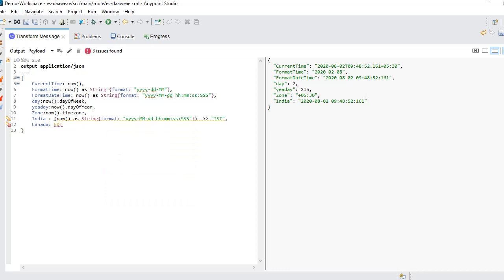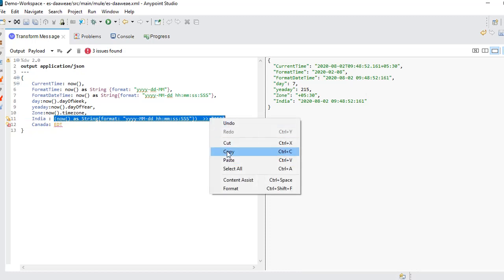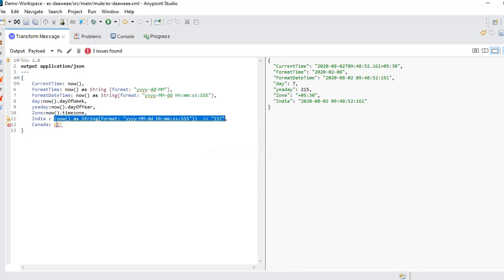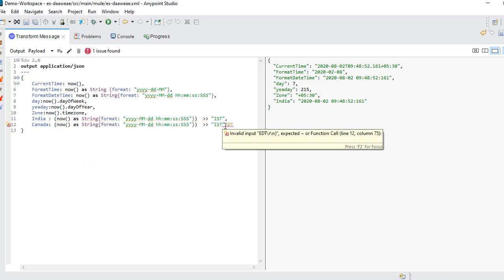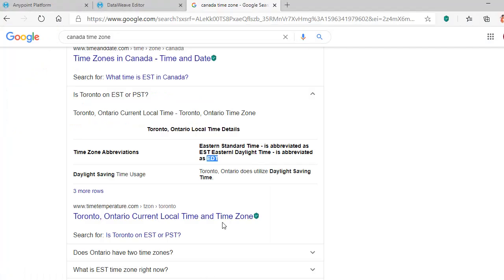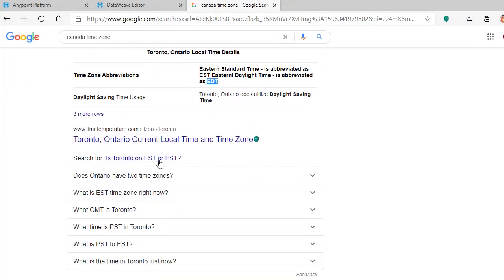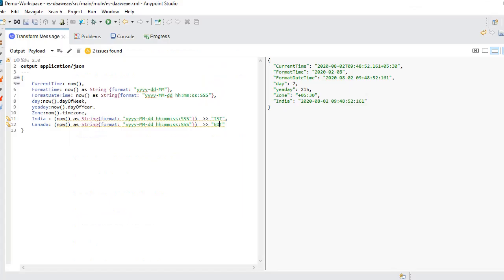You can use the same format. The entire format would be the same, but you just need to give the time zone here. Sorry, is it EST or EDT? Eastern time, right? Okay, sorry, EST or PST. You can use whichever time zone you want.